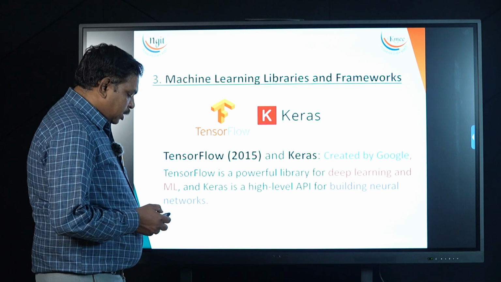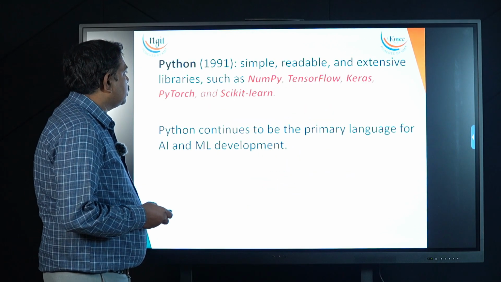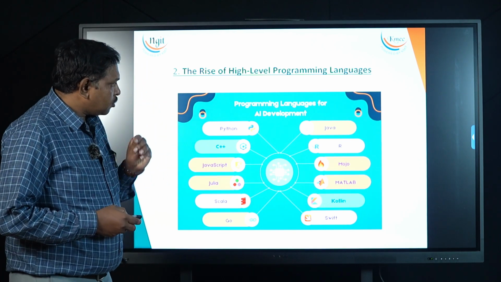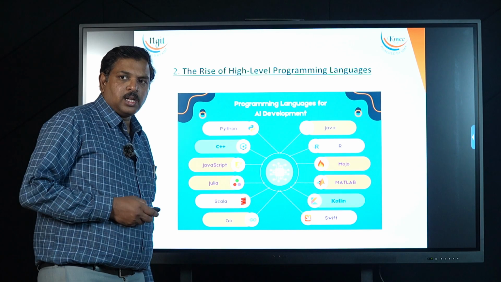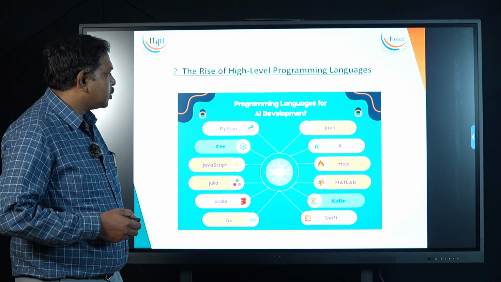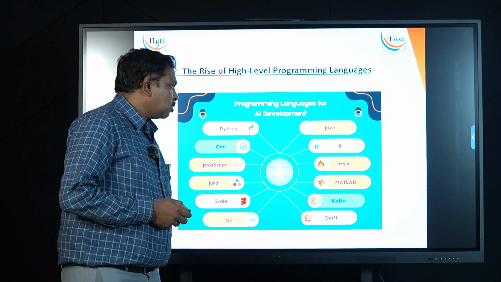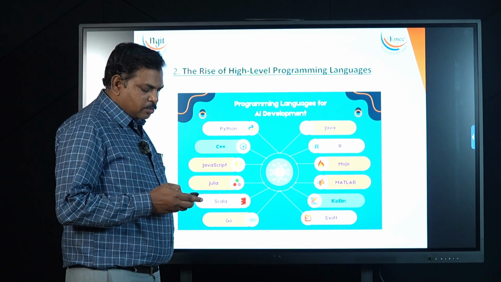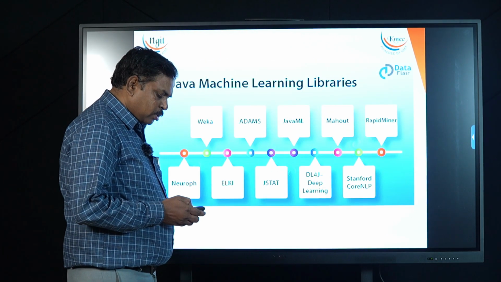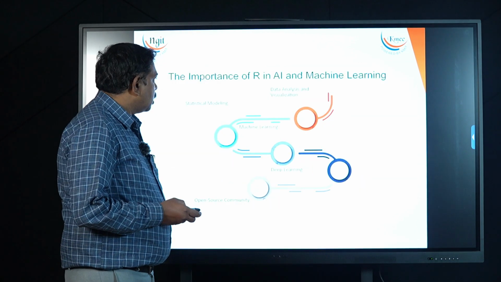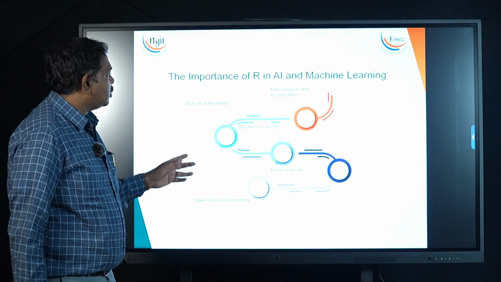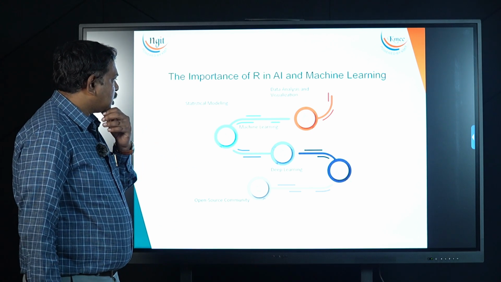Other than these languages, coming to Java, after Java, R also has its base in AI. Many mathematical applications and scientific computation programs now prefer R, because R comes with many packages that support the AI developer. Like data analysis and visualization, R comes with packages for data analysis and visualization, and